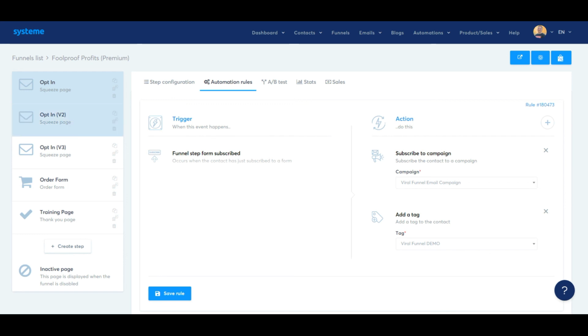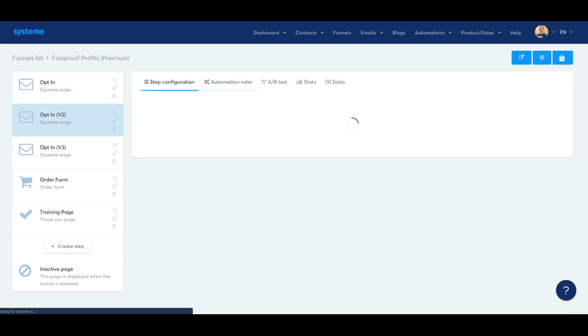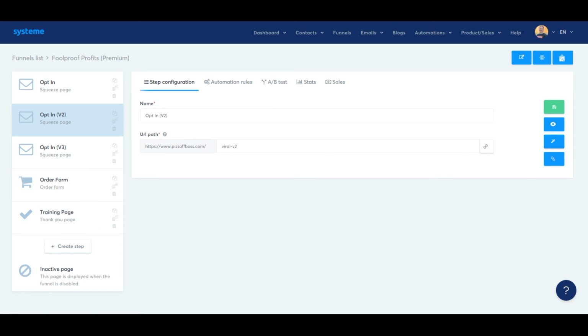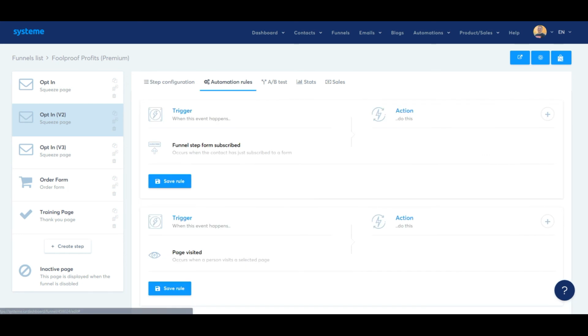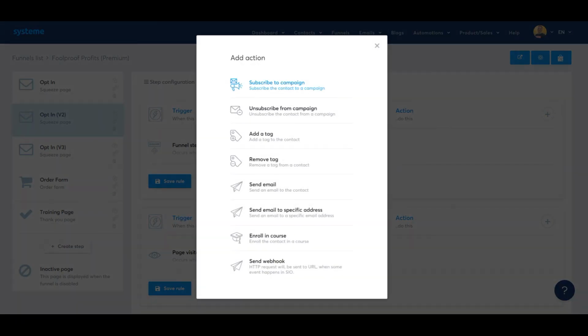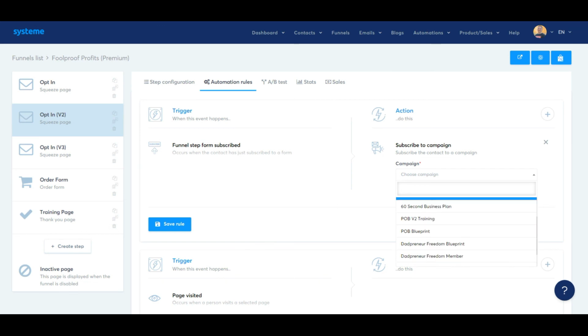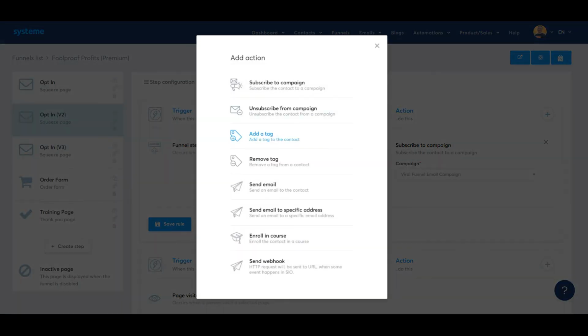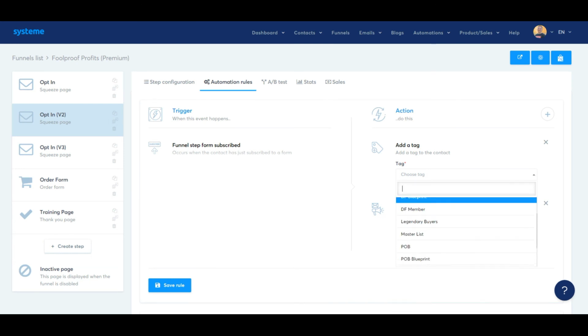And if you're going to use any of these other landing pages, like let's say version 2, again, if you upgraded with Fast Track to Profits, or if you created a new opt-in page, you have to do these automation rules on each landing page. Learn from my mistakes. I forgot to do that a couple times, and my leads never got opted in. So what we'll do is click plus, subscribe to campaign. We'll select the viral campaign here. Let's add them to the tag we just created. And there,